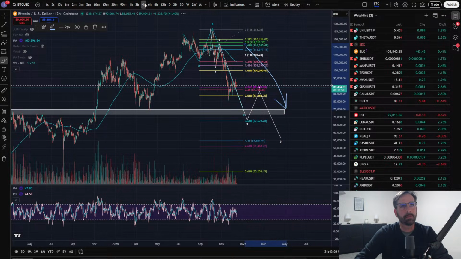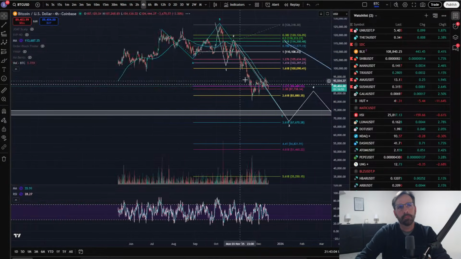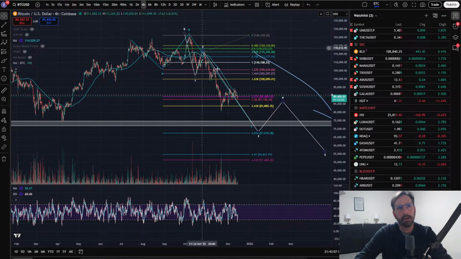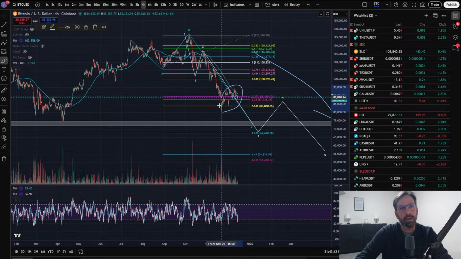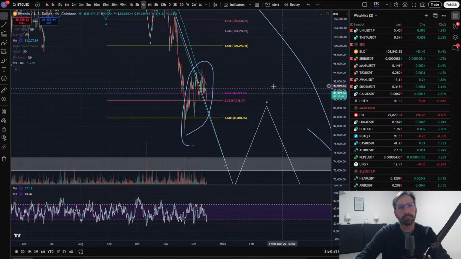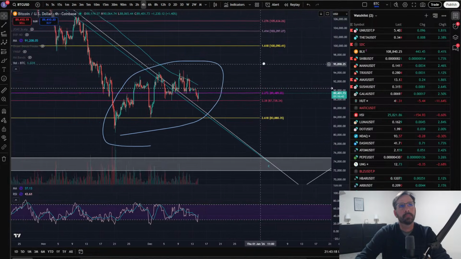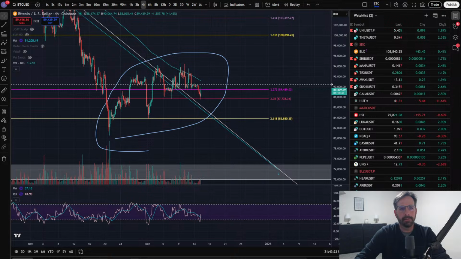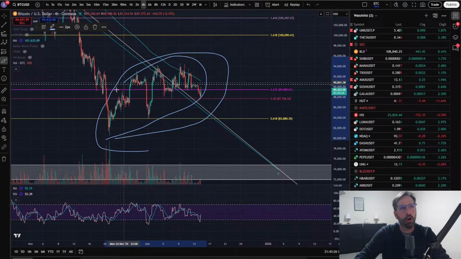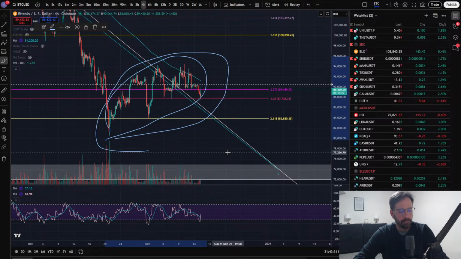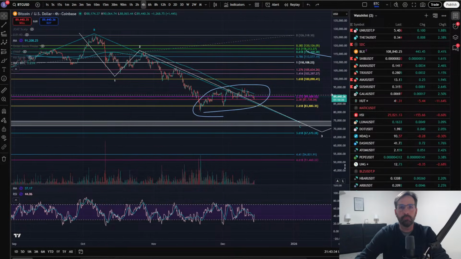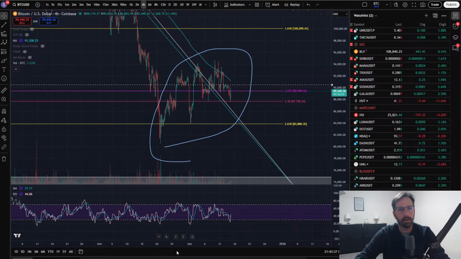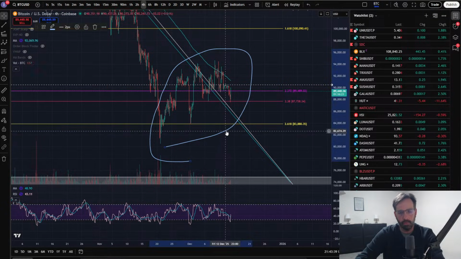So zooming in just a little bit on the 4-hour chart. How do we count this wave? Well, I think this right here is some kind of wave 4. Now, I'll tell you what, this has been giving me the hardest time. I've really been struggling with what that is. Why do I say that? Well, it's really ugly, but let me show you why it's difficult and what I'm thinking here.